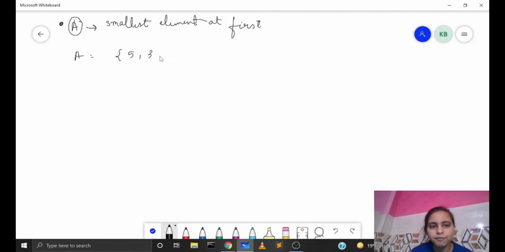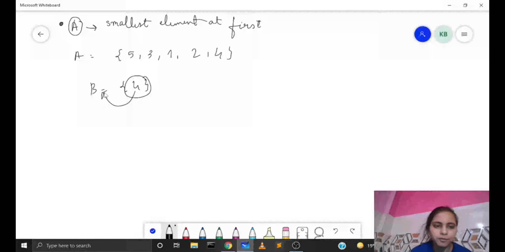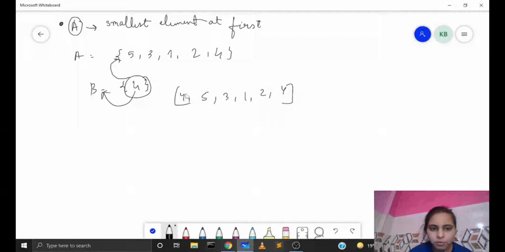Let's say we have an array 5, 3, 1, 2 and 4 and we have to keep a B element. Let's say it only has one element for now, that is 4. When we keep 4, first we keep it at the left of the A array and then we swap it with 5, as 5 4, and then we put it here. We are wasting an extra move by swapping it with 5, because we could have put the 1 element or the 3 element first and then this 4 element would have